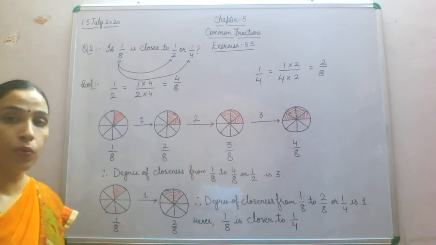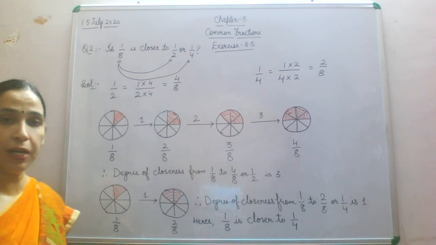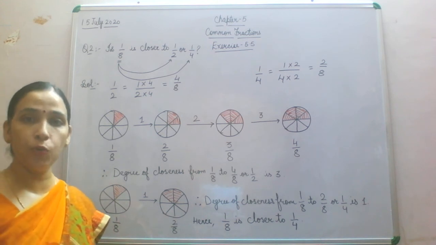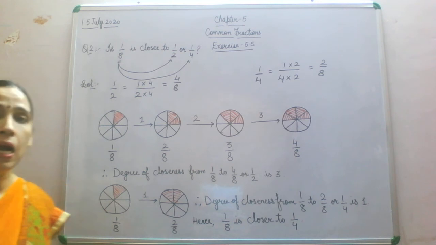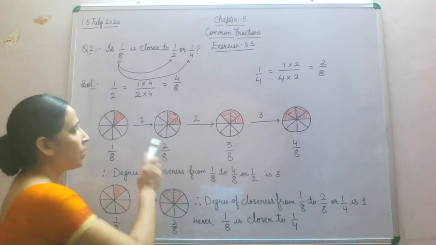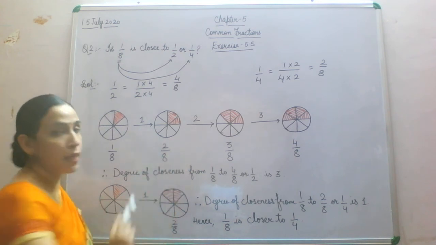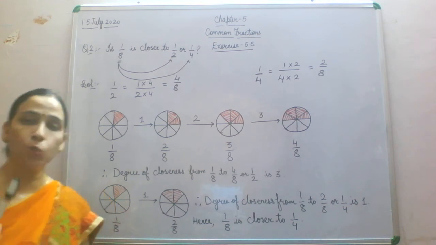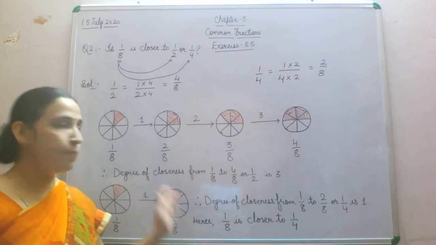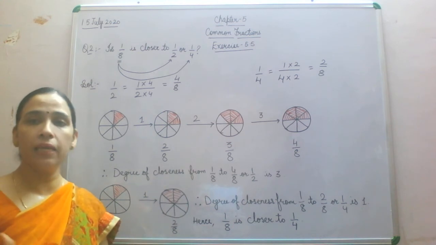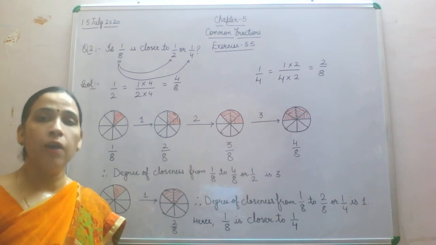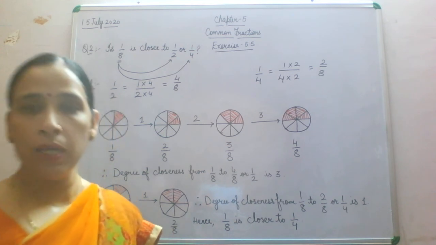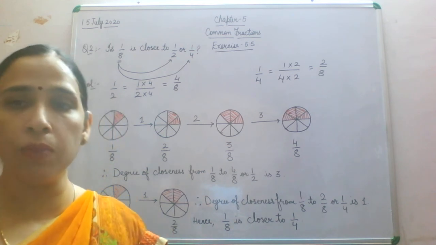Right now, what do you want? You can pause my video here and do this question as it is in your notebook so that you will be able to understand how to do these questions. Now, this shading part you can do with crayon. So children, do this question and then we will start our next question, which is question number 3. So complete this question and I'll read out question number 3 for you.